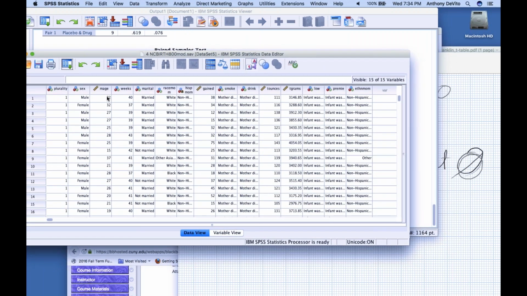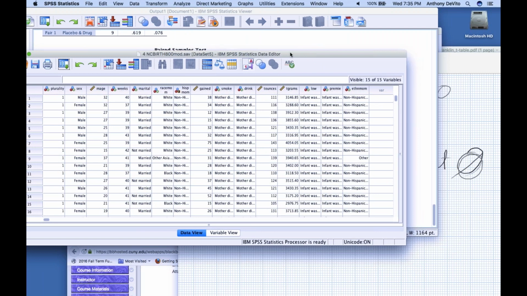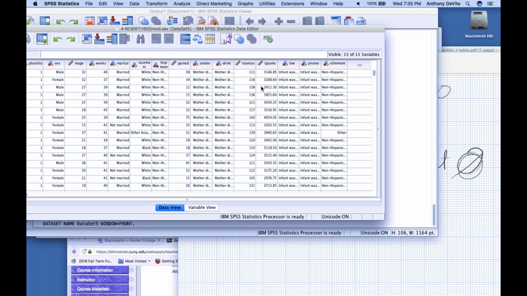I need to work with a numerical variable. Could be the birth weight of the infant, in ounces or grams,